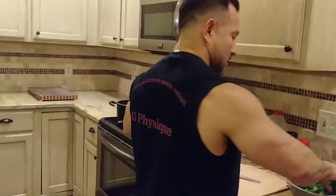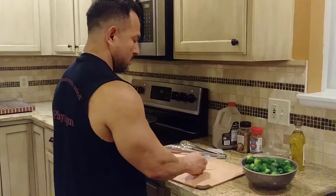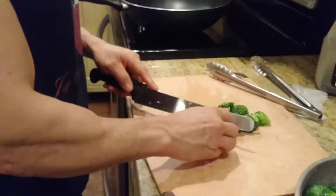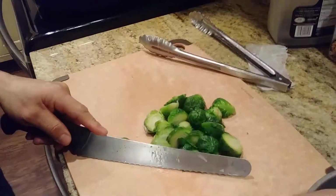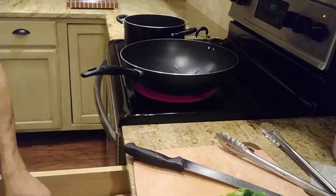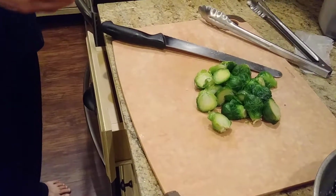I'm going to start cutting them, and I'm just going to pretty much cut them in half. They're nice and not too soft. I steam them probably no more than 10 minutes once the water was boiling. And here you can get these nice Brussels sprouts that you can use. So at this point I have my heat quite hot, my butter going, and how I distribute my food,